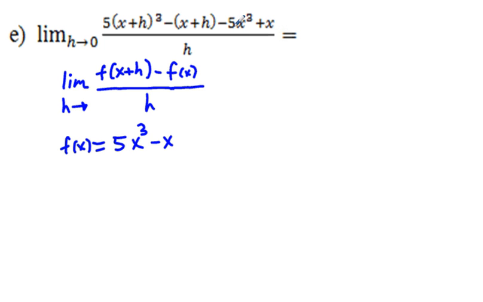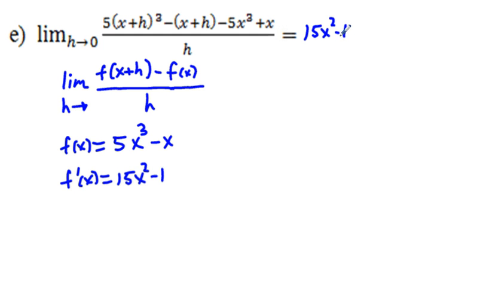And here we verify that because we subtract out 5x cubed here, and we subtract out negative, or reverse the sign here with this plus x. And so f prime of x, which is the limit as h approaches 0 of this expression on the top over h, is going to be 15x squared minus 1. Now that's just using the power rule, knowing the definition of derivative. So we'll just write down 15x squared here